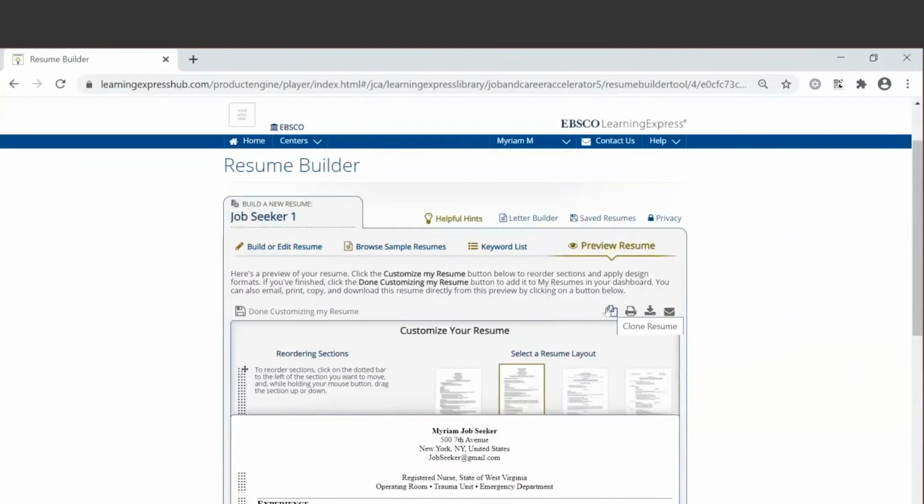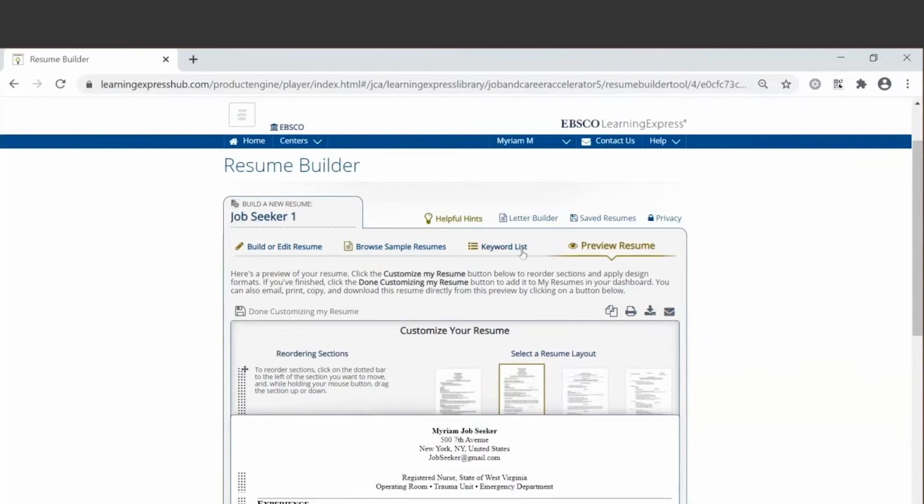If they want to create another one and just update that for another position, they can do so. They can print their resume. They can download their resume as well in a variety of options, such as a PDF, a text format, or a Word document. And then they can also email the resume to themselves or to an employer.